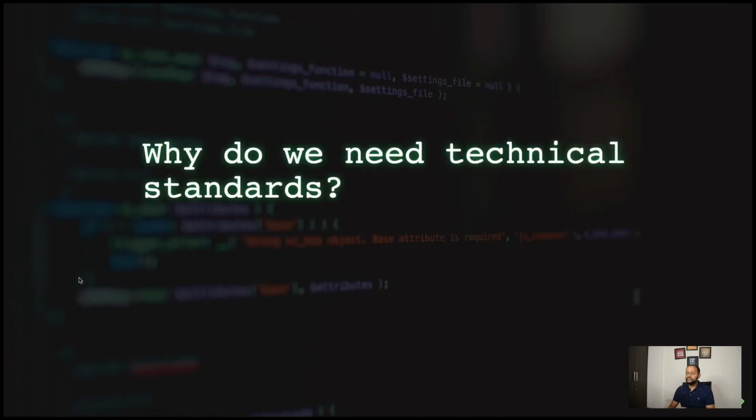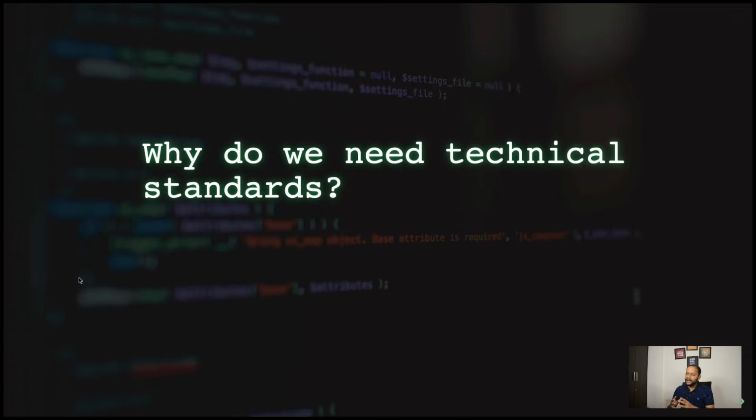what we need to understand is why do we need a technical standard at all, right? An answer to this question is basically to standardize the ecosystem. Now, consider a use case where suppose you are constructing a new house, right? And you need to buy plugs in order to fit into your house. And what happens if you buy plugs from different manufacturers and all of them are following different standards? Now that would be a lot of work just to fit a plug from a specific manufacturer into your house, right? And that creates a pain.